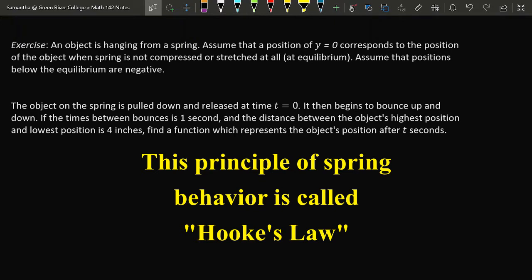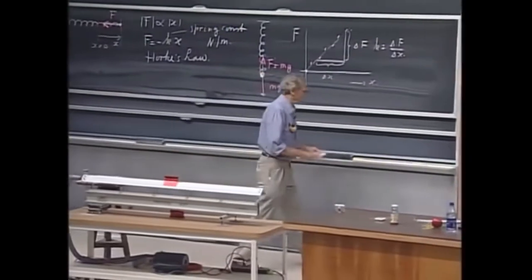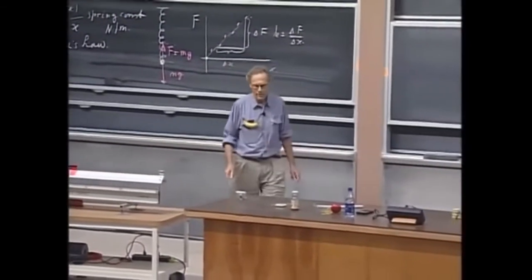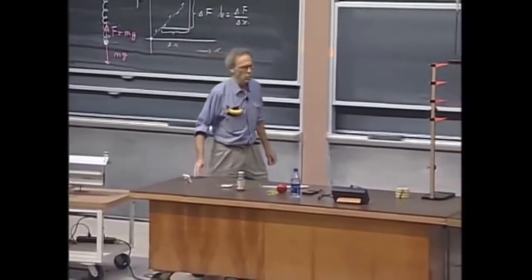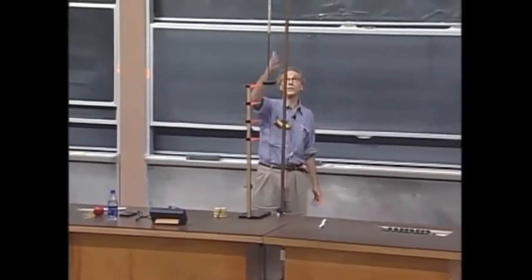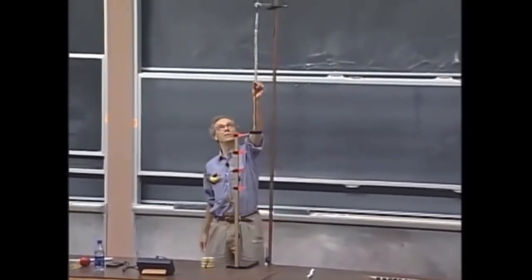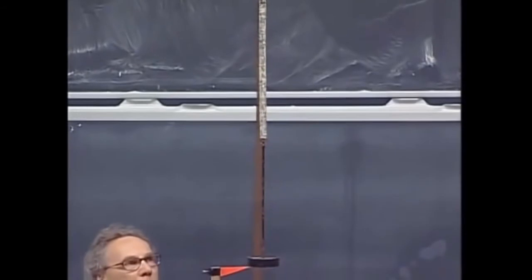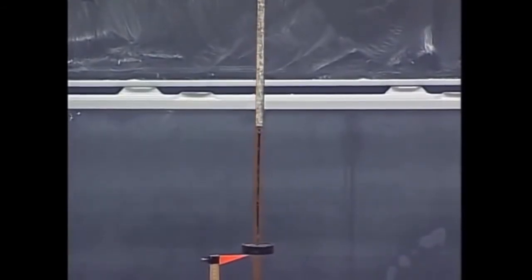And it also depends on the spring's rigidity. If the spring is really stiff, then it won't stretch out as much when an object is attached to it. But if the spring is really stretchy, then it will stretch a lot when an object is attached to it. You'll be surprised how many springs really behave very nicely, according to Hooke's law. I have one here. That's not a very expensive spring. You see it here, and there is a holder onto it, so it's already a little bit under stress. That doesn't make any difference.